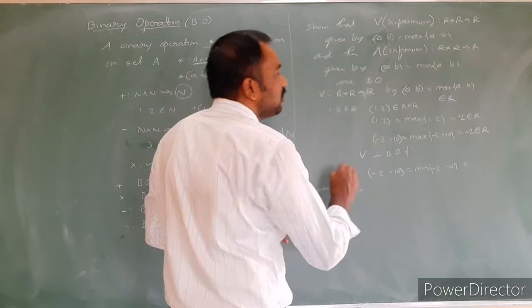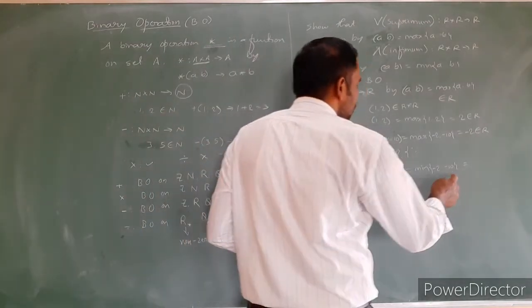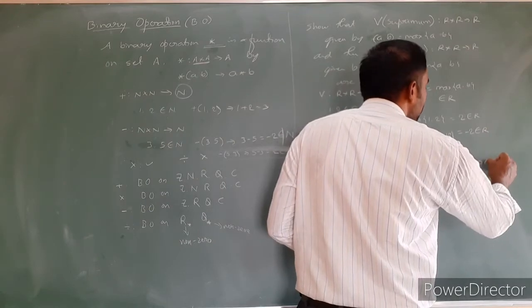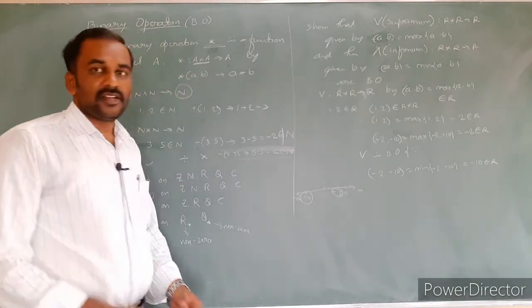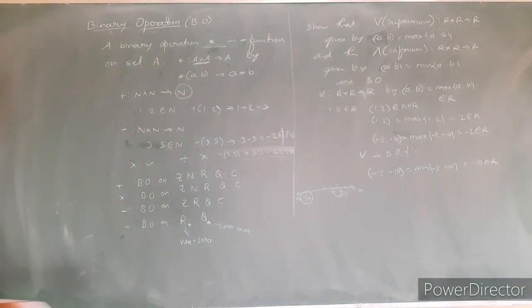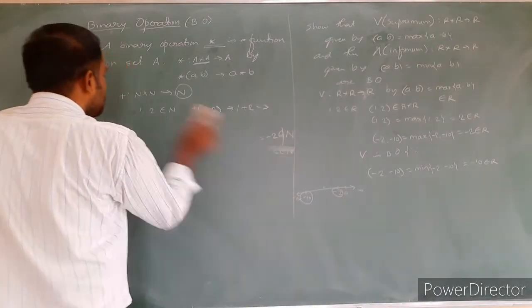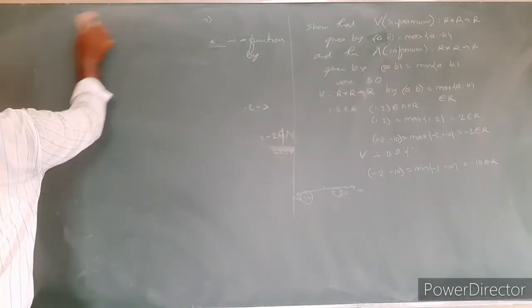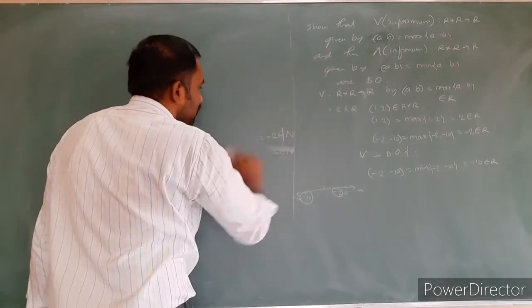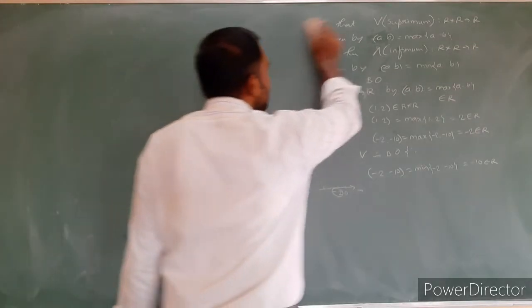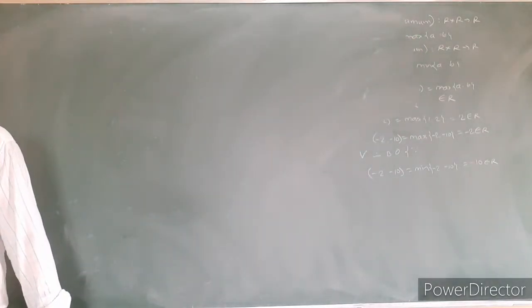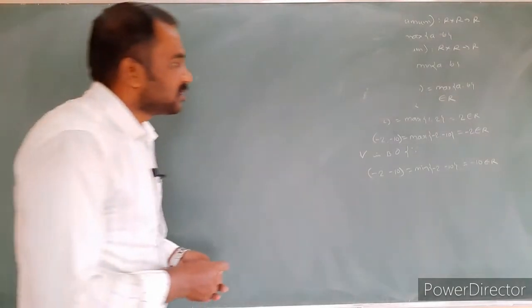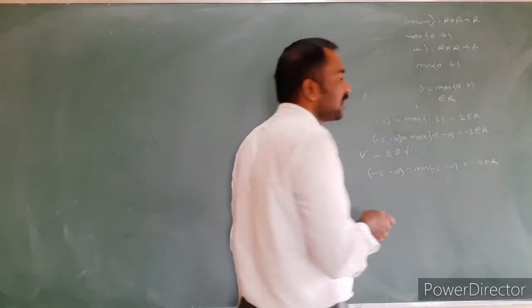Which one is the maximum value? Minus 2 is the maximum. The minimum is minus 10. Obviously it belongs to the real numbers, so you can say that it is obviously a binary operation. This is how we have to check whether it is a binary operation or not. Very simple: according to the given condition, check whether the resultant number belongs to the given set or does not belong to the given set. It is sufficient to check that much, and then you can easily say whether it is a binary operation or not. Just for your convenience, I take this infimum and supremum.